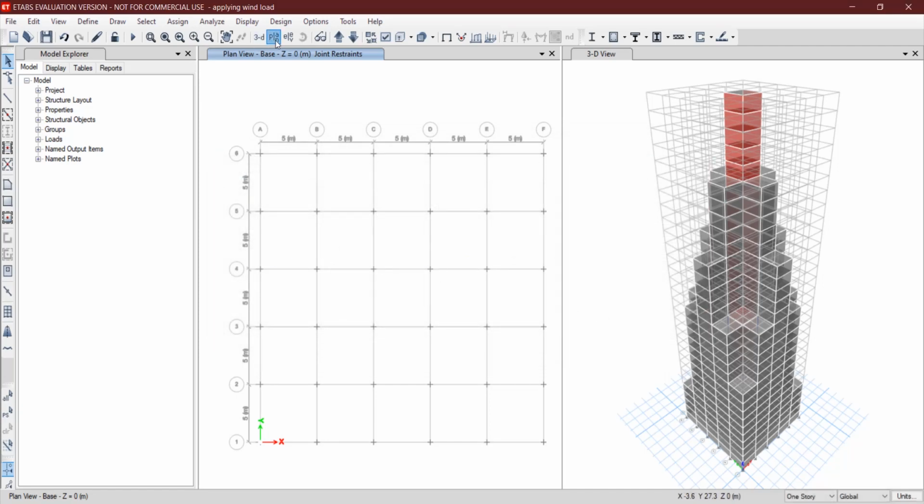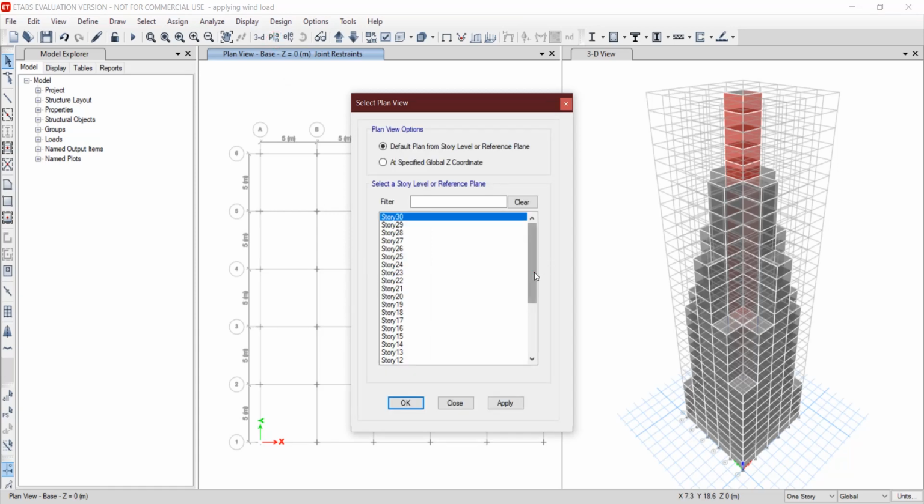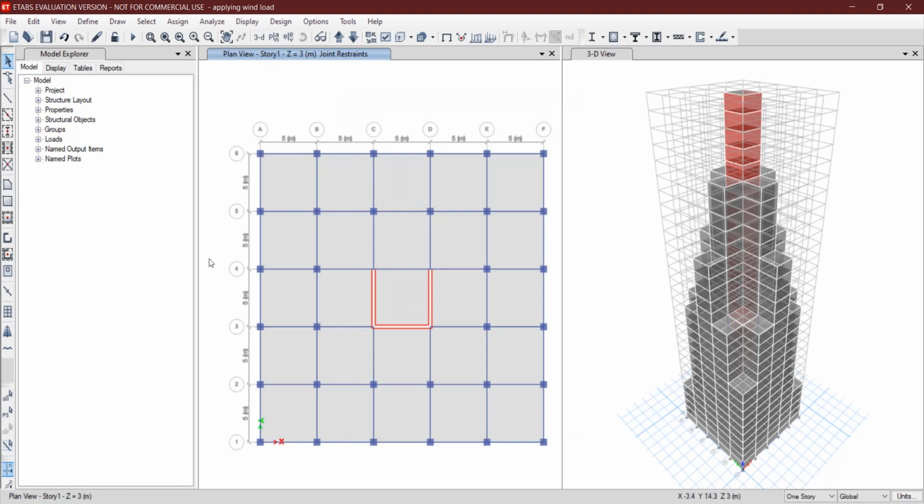I will come to plan and story 1. Now I have to remove some column sizes from the auto select list, as the sizes were too large, and I have added shear wall also.